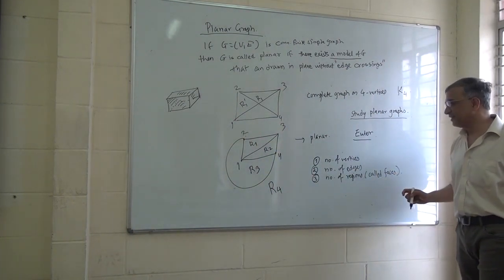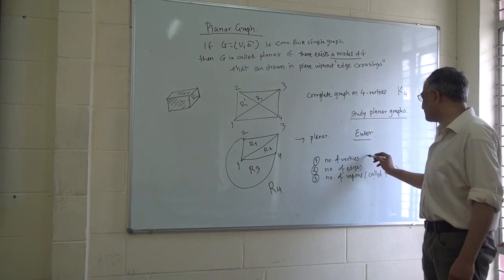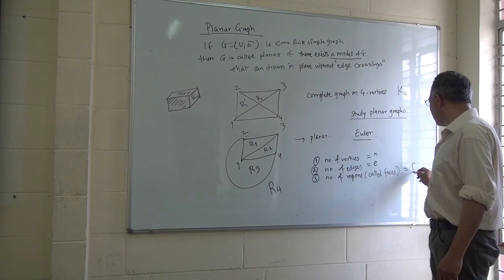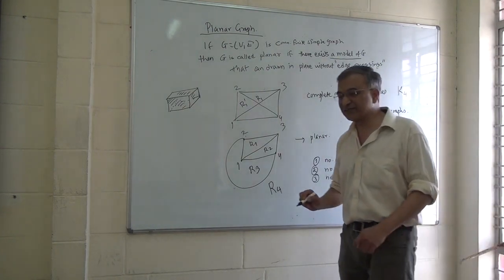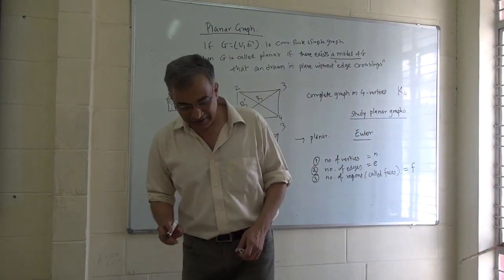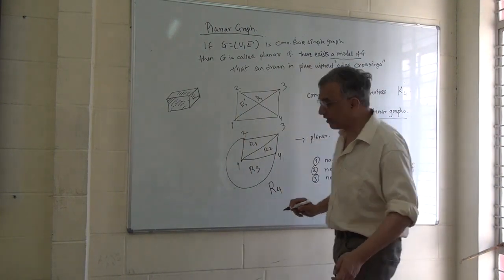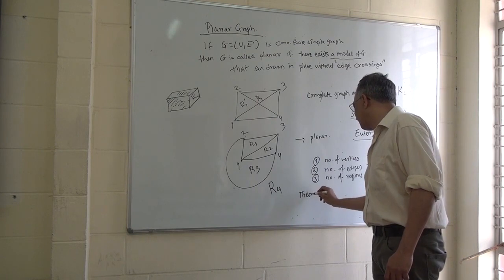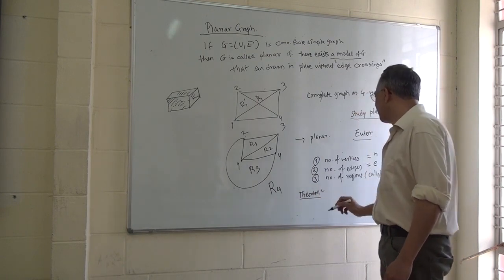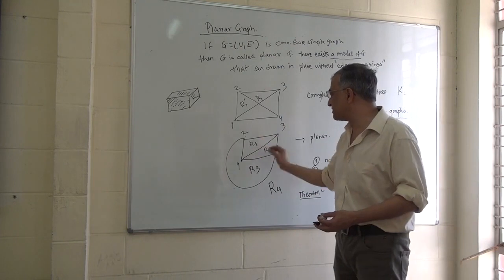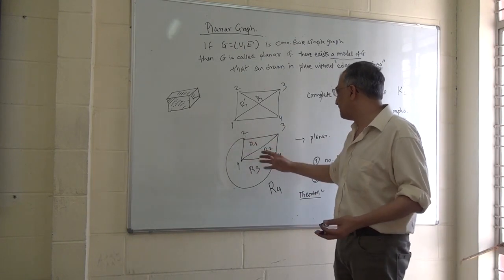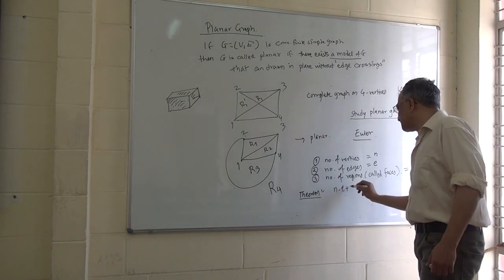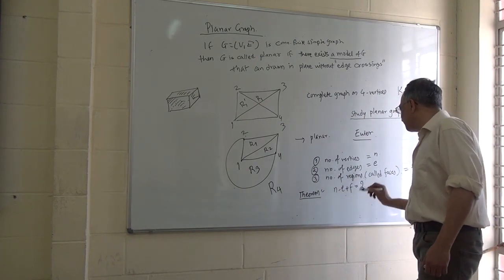So it's called faces. If the number of vertices we denote by n, the number of edges by e, and the number of faces by f, then there is a very famous theorem he proved: for a planar connected graph we must have n minus e plus f equal to 2. They are not random. They are all connected. The more edges there are, the more faces there will be, right? So the exact equation is n minus e plus f equals 2.